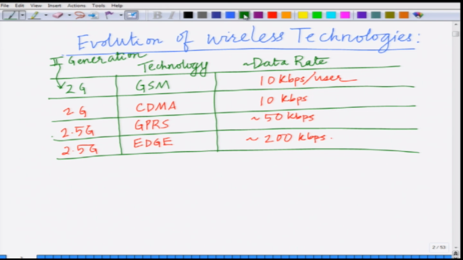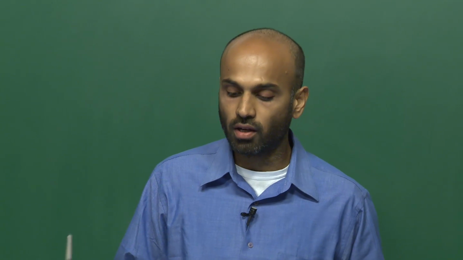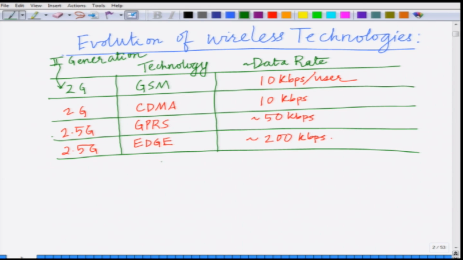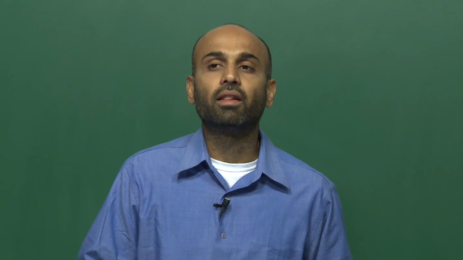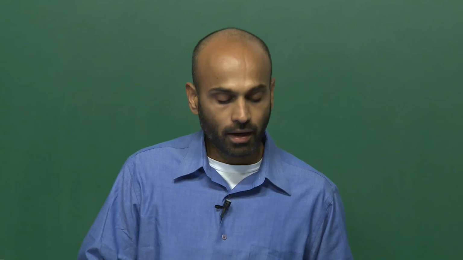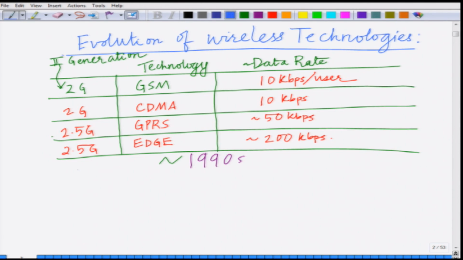These are the basic 2G technologies, the beginnings of the digital wireless communication revolution, and on the time scale these are around the 1990s. These were deployed in various countries and across several continents, starting with the early 1990s and evolving fully by the late 1990s. To explain these acronyms, we are going to look at several acronyms as we progress through this course. GSM, which is the most popular wireless communication standard, stands for